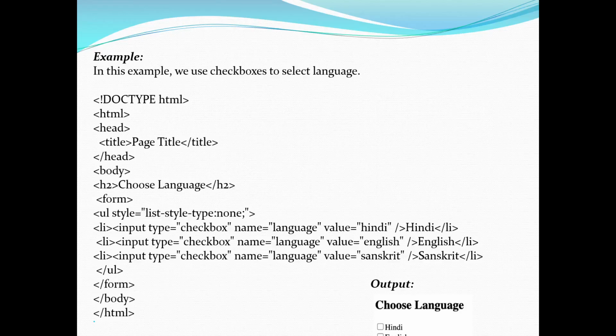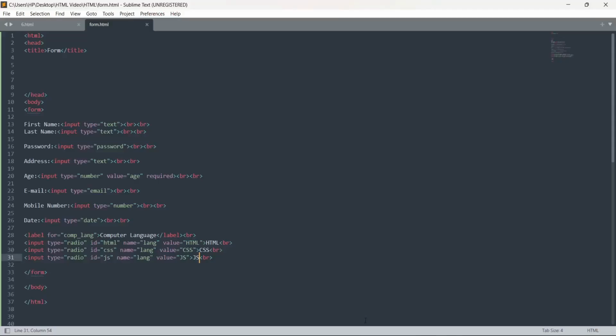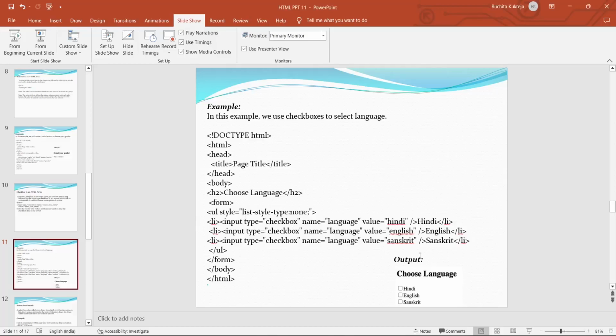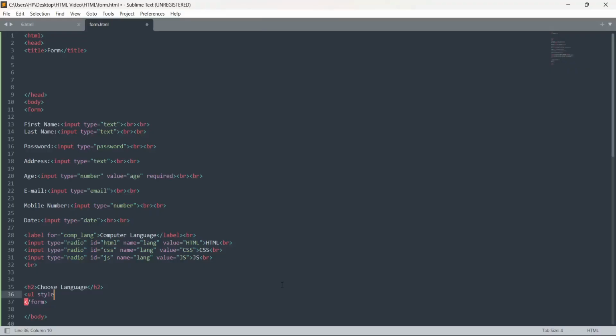So this is the code for it. Let's try to do it on Sublime. What I'm going to do is I'll give one more break here and I'll start here. H2, choose language. I'll close H2. Now what we will do is we are going to create a list. So you will write UL style. I'll show you first in the presentation how it is done. See, UL style. You are creating a list. So UL style